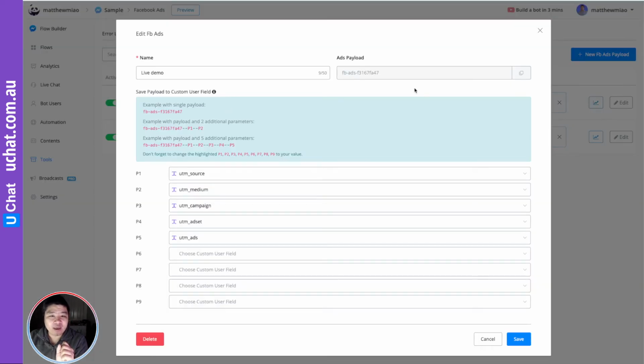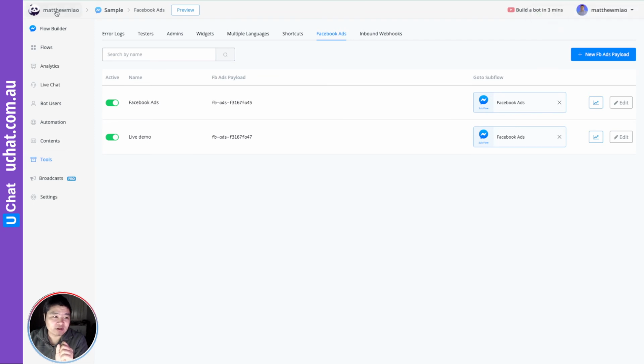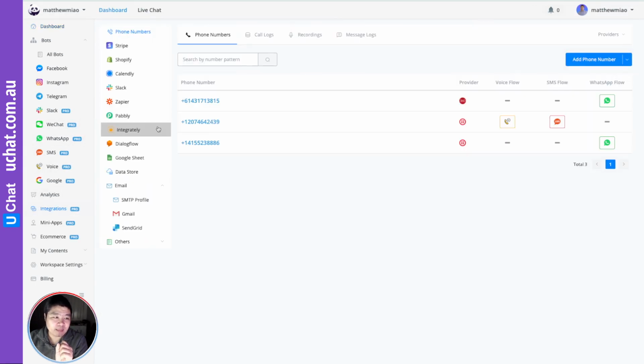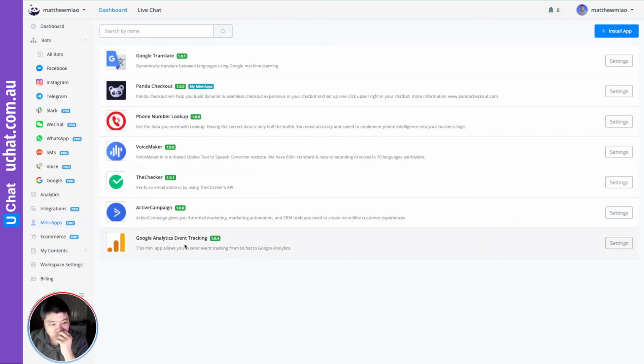Okay, and this is just a bonus for you. For example, if you go to our mini apps, we actually have the Google Analytics event tracking. So you can send this, whether it's leads or purchase or appointment, to Google Analytics. Okay. And in that Google Analytics action, you can send along the UTM parameters to the Google Analytics so that it can connect all the dots that you are running the Facebook ads. You can have the UTM information in the chatbot, and then you can send this UTM traffic information to Google Analytics and to other third-party tools so that you can track which traffic source, which campaign is converting more leads